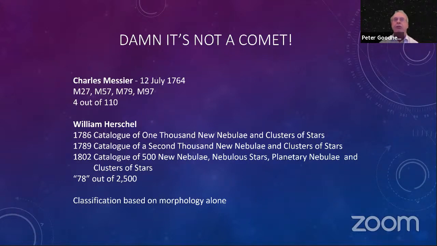He described them as planetary nebulae, even though they have no connection to planets, because they had an appearance which was sort of a cross between the appearance of a planet and that of a nebula. They were fairly bright, but they didn't have the sharp edges that you would associate with a planet. Out of his 2,500 objects, 70 or 80 are now classified in his subcatalogues as planetary nebulae.